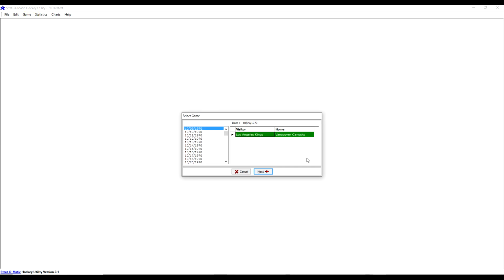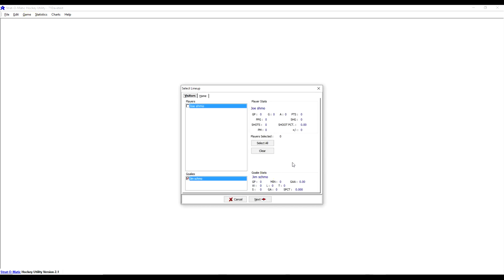So now I have a goalie and a skater on Los Angeles and a goalie and a skater on Vancouver. So if I go to play my league game, I go to next, this is what you're going to see. Now, in order to put in the data, you do need one skater and one goalie. So that's what I did here. I just created one skater and one goalie. So select all,